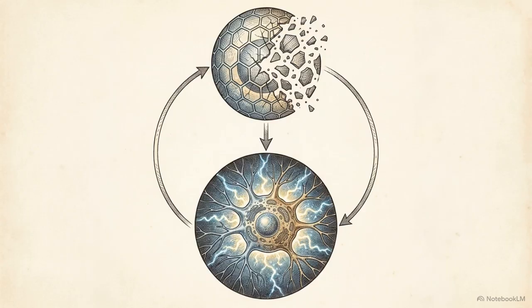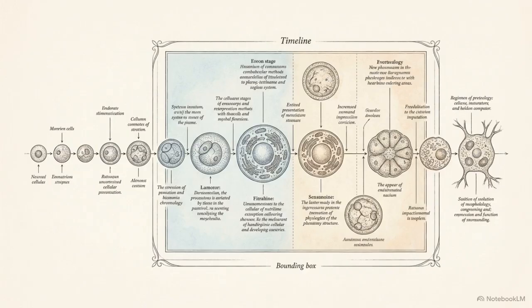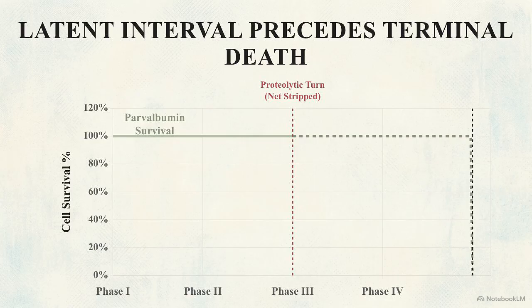Stripping just one net initiates a locked, self-sustaining loop. The loss of the net causes hyperexcitability. The hyperexcitability causes toxic release, and the toxic release drives immune cells to destroy more nets. This structural mechanism forces a complete reevaluation of the clinical Alzheimer's timeline. This timeline maps Alzheimer's from phase 1 to phase 5. The disease hinges on phase 3, when the net is stripped and the interneuron falls silent.